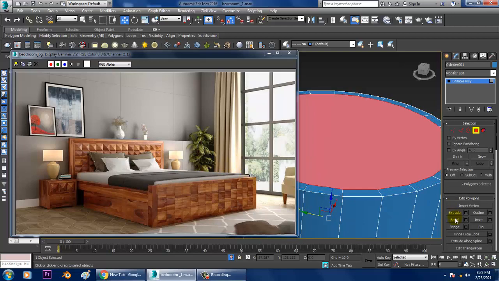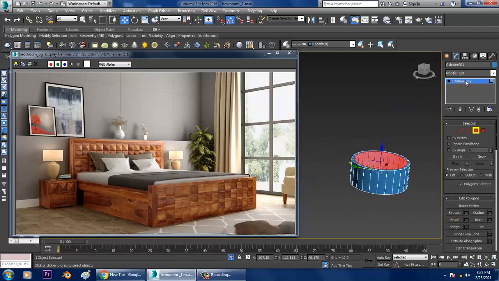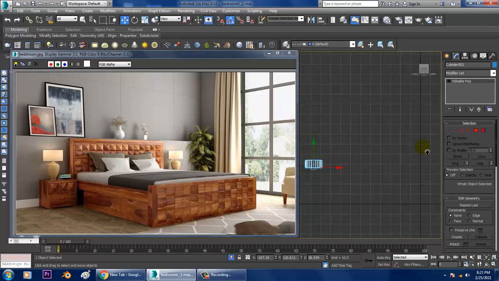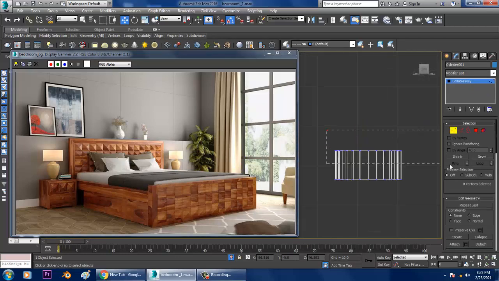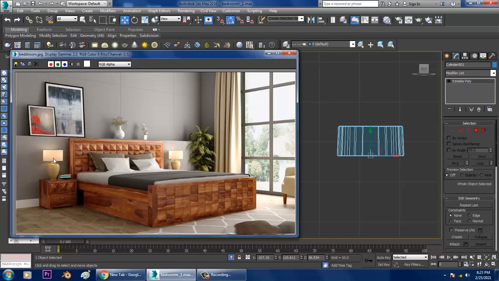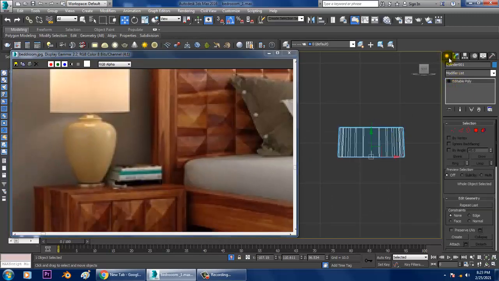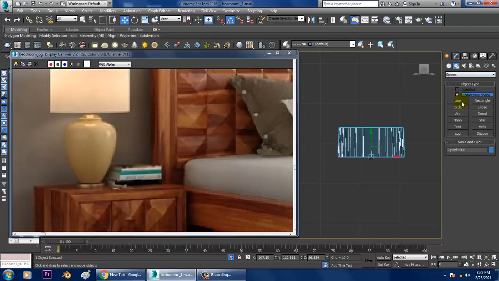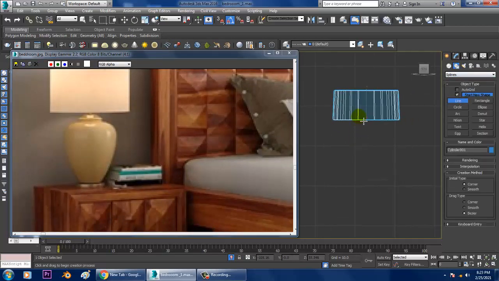and let's give bridge over here. With vertices selected, slightly you can scale it, and let's take a line tool over here.